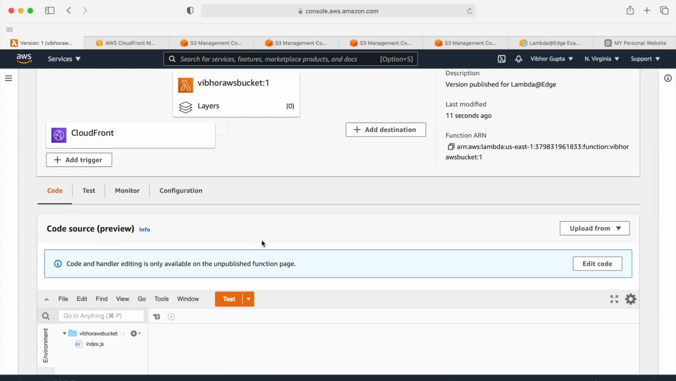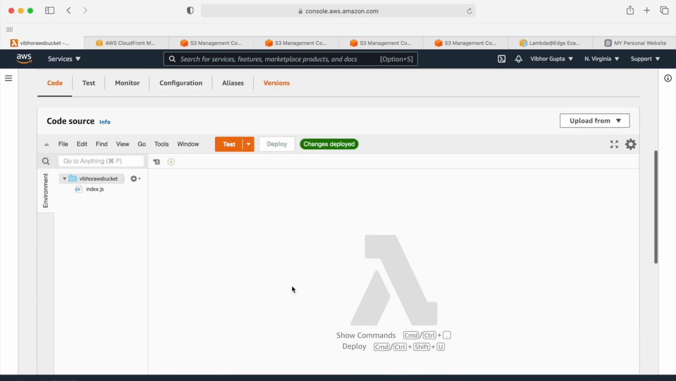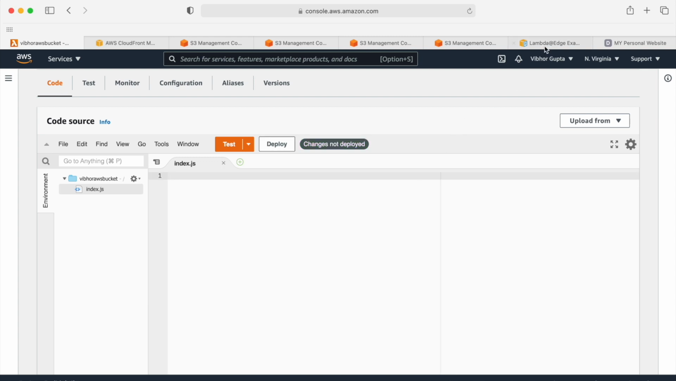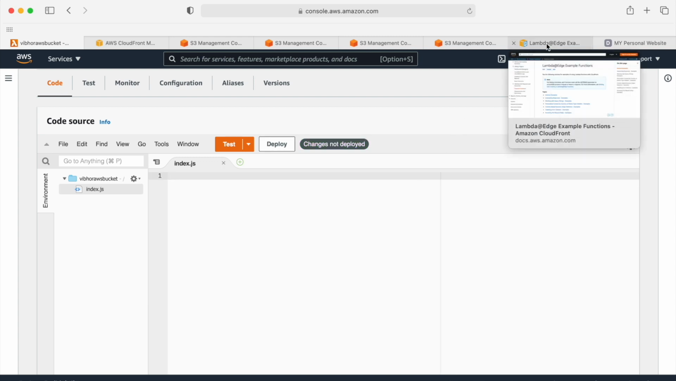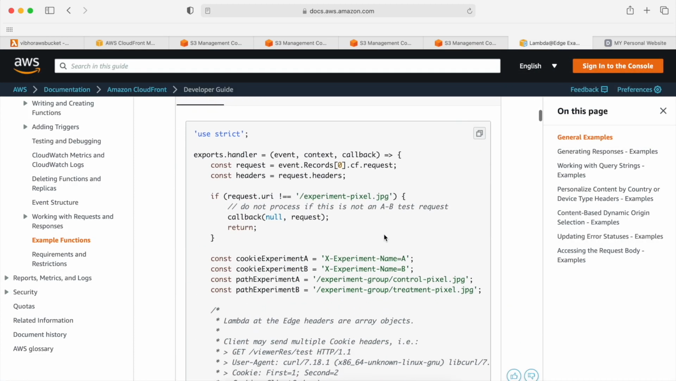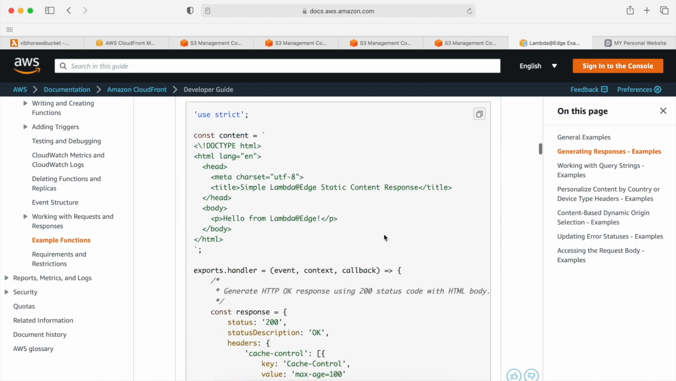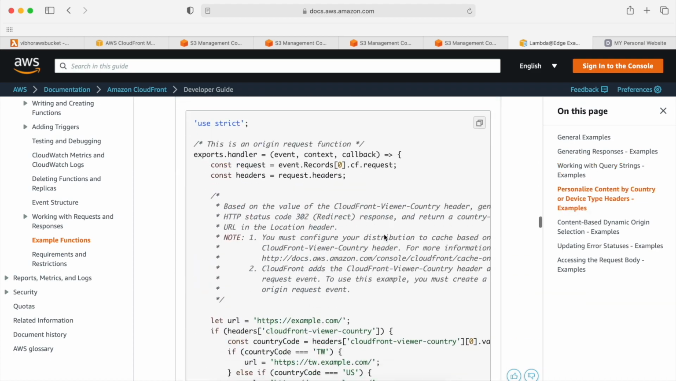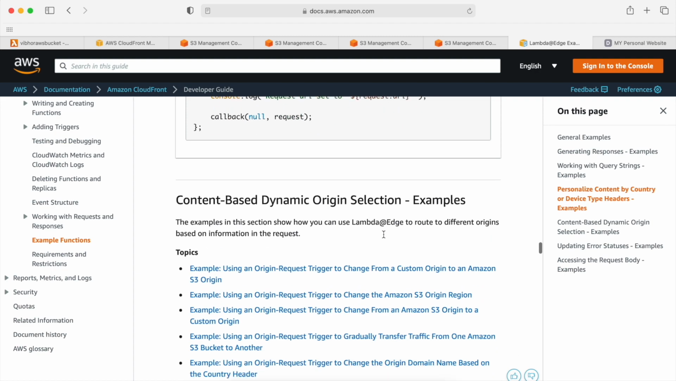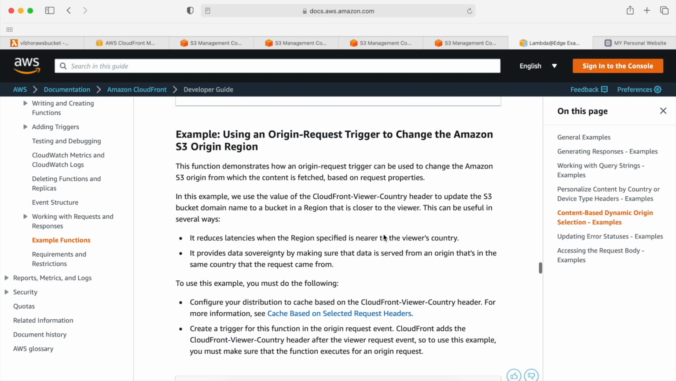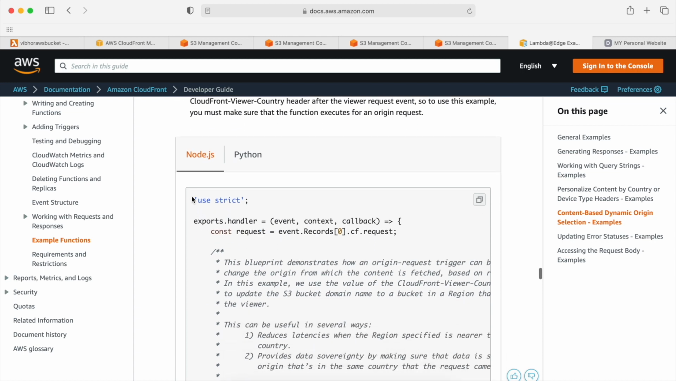Go to Code, click on Edit Code. In index.js file, we will delete the code from here. And now we have some example codes from lambda@edge AWS documentation. So if you click over here, you will get many examples. So in this example, we will scroll down a bit. A little more. And this is what we are using, which says using an origin request trigger to change the Amazon S3 origin region. So we can copy the code from here